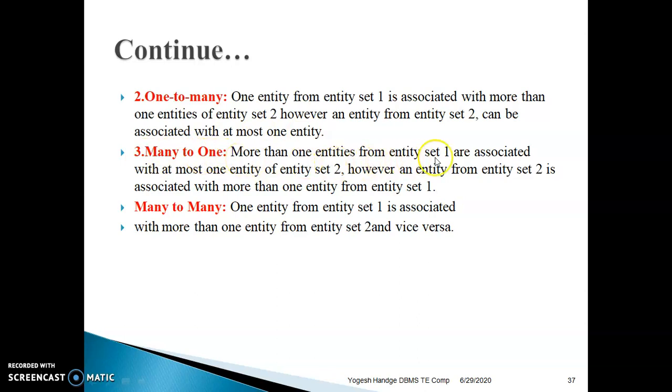More than one entity from entity set 1 are associated with at most one entity of entity set 2. Next is many to many. One entity from entity set 1 is associated with more than one entity from entity set 2 and vice versa.